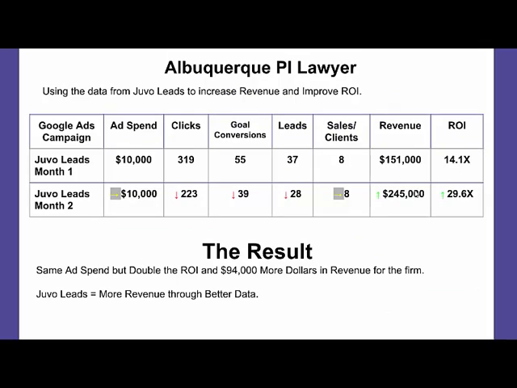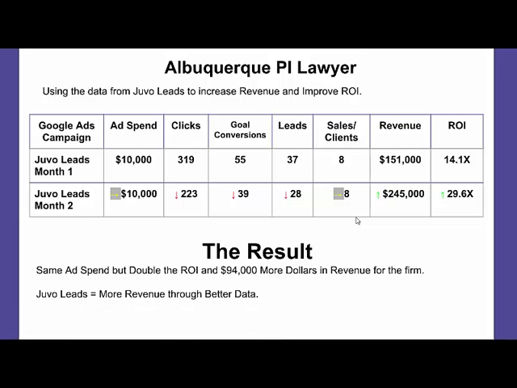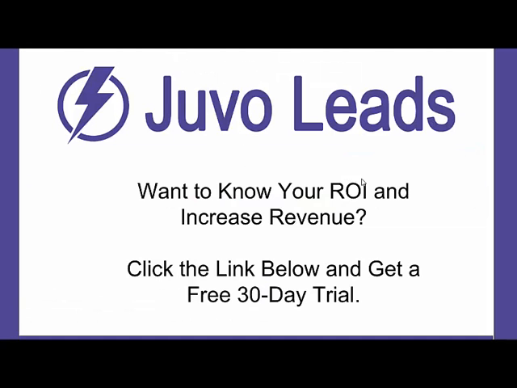With the data from Juvo Leads, the marketing agency using the same ad spend was able to drive an additional $94,000 in revenue, as well as increase ROI from 14x to 29x. They literally doubled it. Whether you're an agency that wants to double your client's ROI or you want to drive more revenue for your own business,